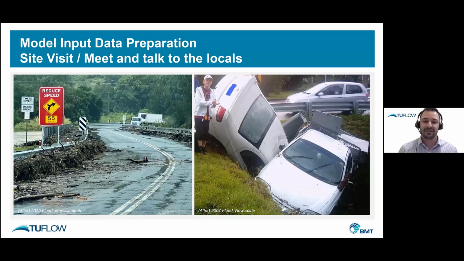That image on the right, that reminds me of a story Phil told me where in Newcastle, he and Bill were calibrating a model. I think it was the Pasha Bolker event back in, maybe it was 2007, 8, I can't remember. But anyway, when they were trying to calibrate, the levels all seemed off, and it turned out there were some shipping containers blocking some pretty major drains. So without accounting for that in their calibration, they could have changed some other things to get a result that really didn't reflect reality.